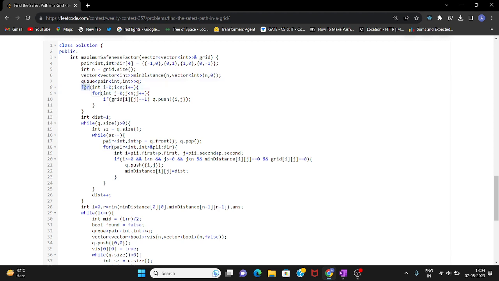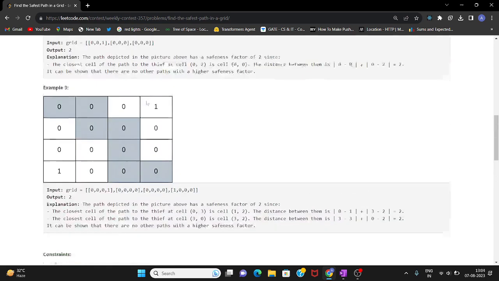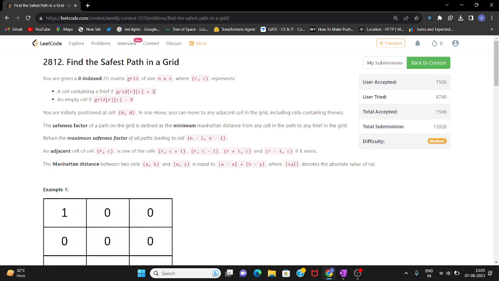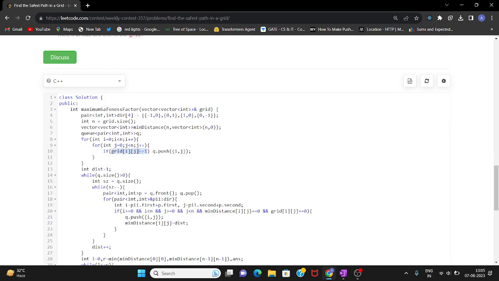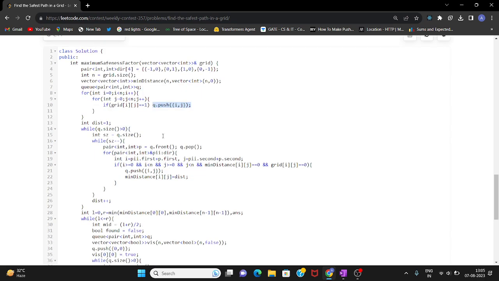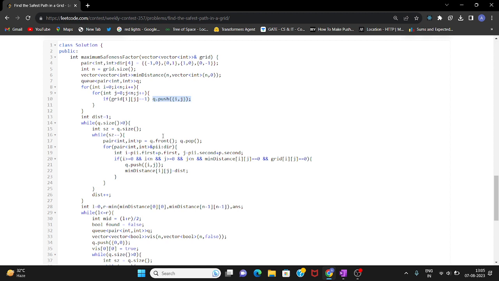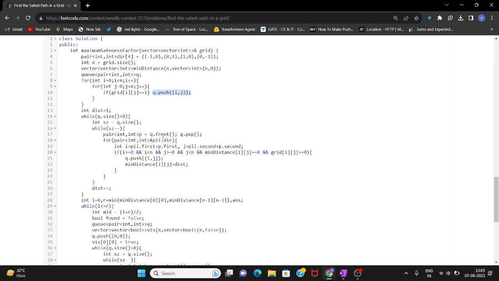Now for each cell in the grid, we are seeing if the cell is 1. What does 1 indicate? 1 indicates that it is a thief cell. So for each cell in the grid, if it is a thief cell, we push that cell position into the queue. This way we have already pushed all the thief cells in the queue.